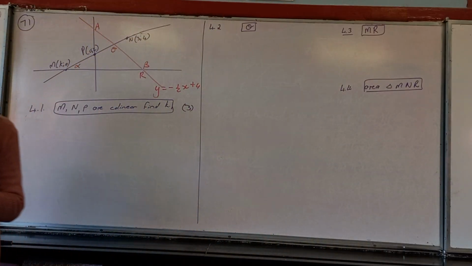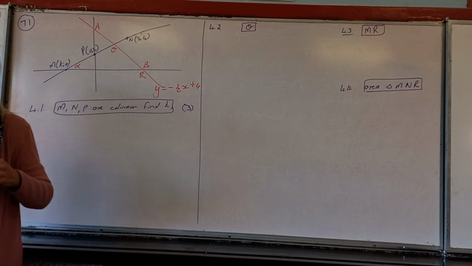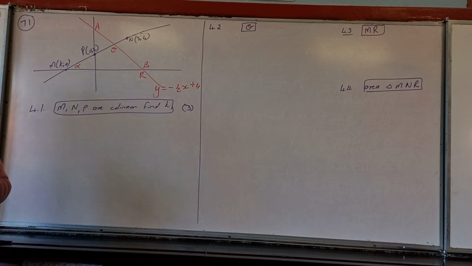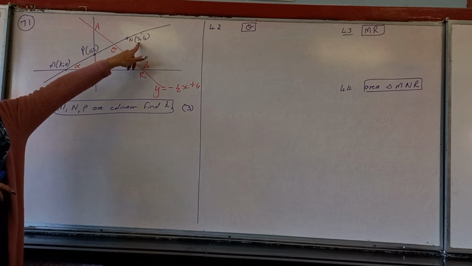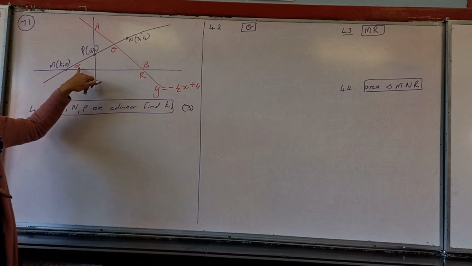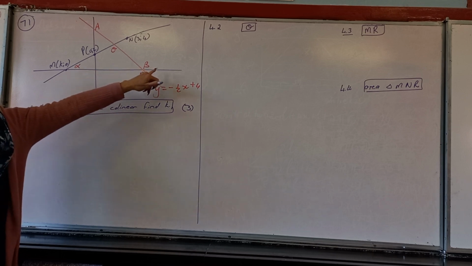Simple geometry, more practical, more everything together. So the first question says here, well, they give you a whole lot of information next to the sketch. Please make sure you read everything, because they might give you something that's not on the sketch. And they did. They told you that N was that coordinate pair, and P was that coordinate pair, and M was that coordinate pair. They told you that this was alpha and beta,